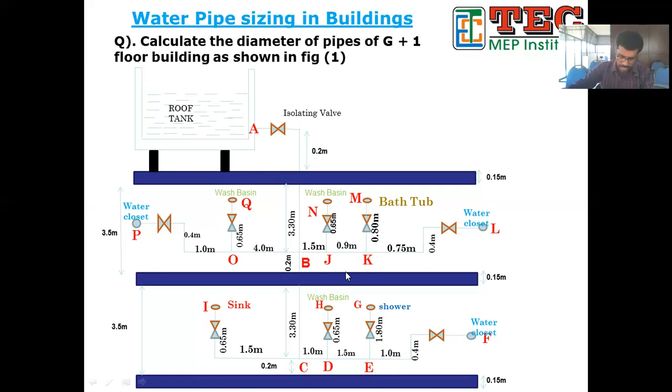Okay. And the main change in the pipe size will be like this one, DE, because the water which is flowing through DE will be from this GE and EF, and the pipe size of CD also will be changed. Pipe size of BC will be different. Pipe size of BA will be different. Okay, so